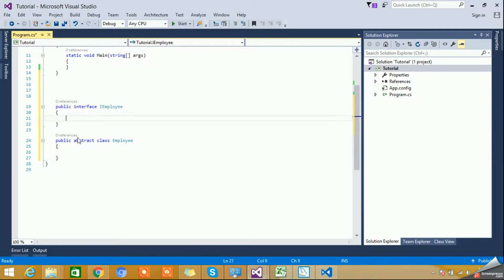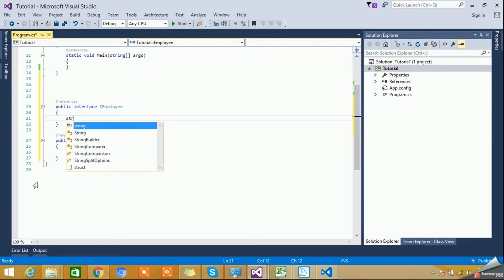Okay, so second thing, the access specifier. Within an interface we cannot declare any access specifier in front of a method. So we cannot say public or protected or private. And as we know, the types of access specifier available are public, protected, private, internal. By default all interface functions are public, and we don't have the option to declare any access specifier in front of them.